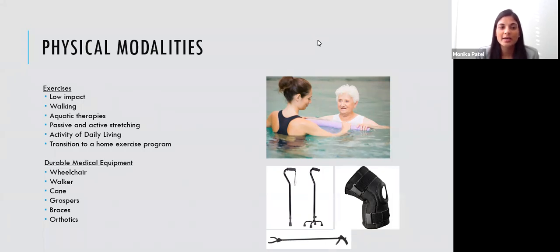An evaluation and intervention for any activities of daily living that the patient may be suffering from. For example, if they have lower back pain, they may not be able to bend to tie their shoe or bend to pick up something from the floor. So they have different devices such as a reacher, which is pictured on the bottom of the screen there, where they can use the handle to pick up things without having to bend down, or use it to help them